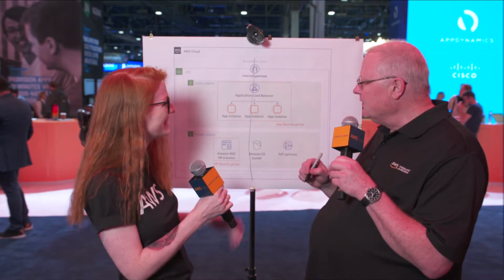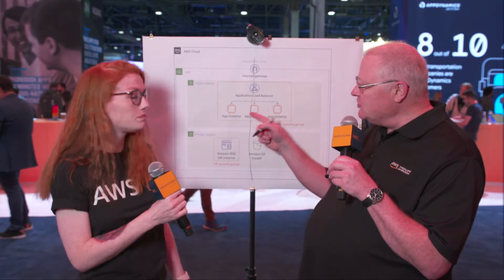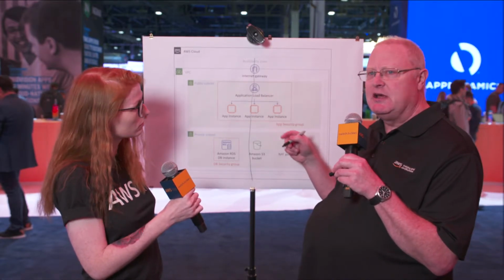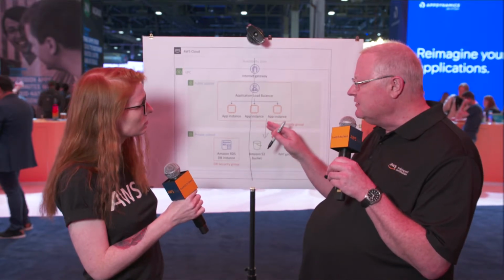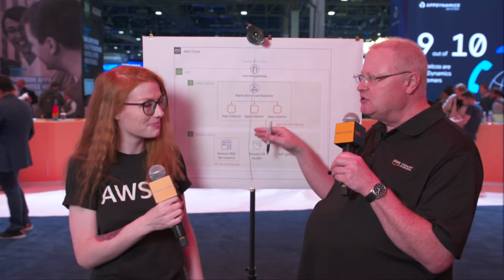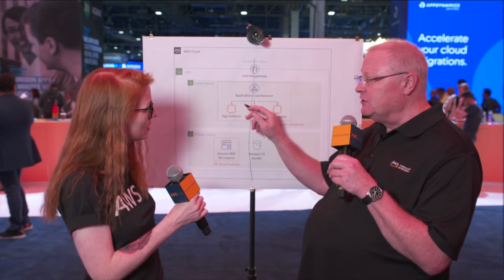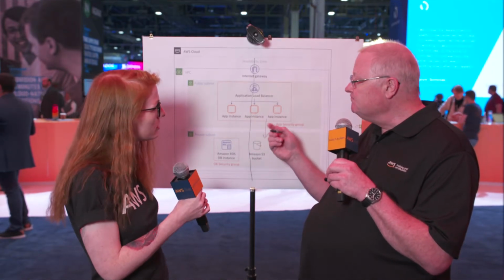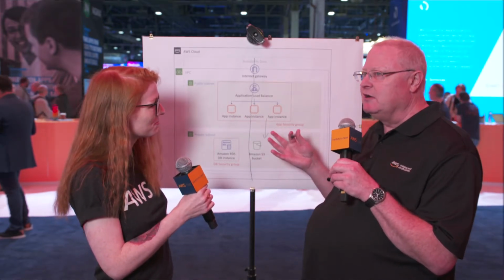Yeah, pressure's off now. The next thing I don't like is that the application instances and the ALB are in the same public subnet. What I'd like to do is move these application instances down into a private subnet to protect them, and have the ALB in a separate subnet isolated from the instances. The other thing I might ask is, do they have to be EC2 instances? Or could these be containers, or Lambda functions? Yeah, I'd want to understand more about what these are. But let's assume that they're EC2 instances.